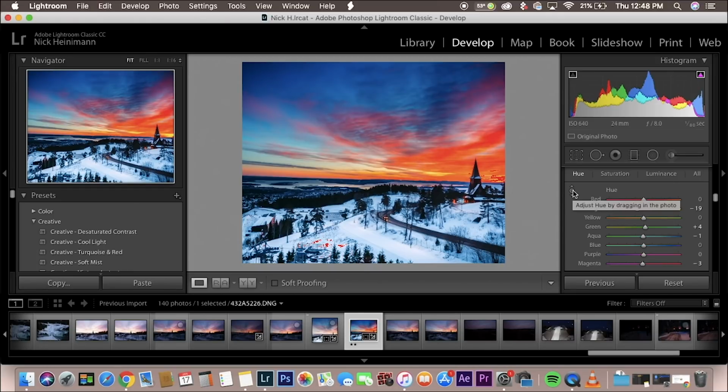But if you press this, it says adjust the hue by dragging in the photo. Now, if you click this and then you hover over different colors, you might think, this is obviously white, or this is definitely white. But then you hover over and it's saying it's blue. And if you hover over to here, this is blue too. If you hover over to here,